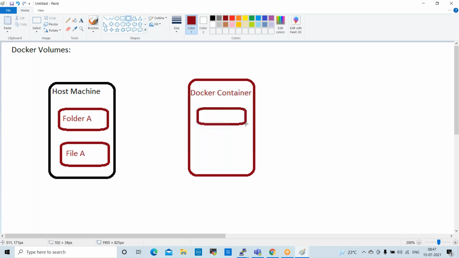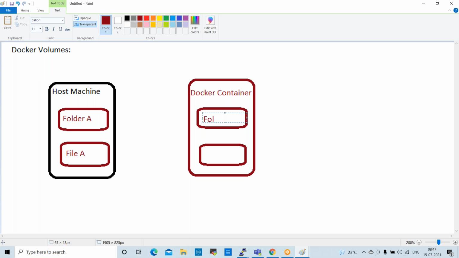So here also we create like this. This is folder A. This is file A. Now what we will do: instead of logging into the container every time, we will link from our host machine to this Docker container folder using Docker volumes.